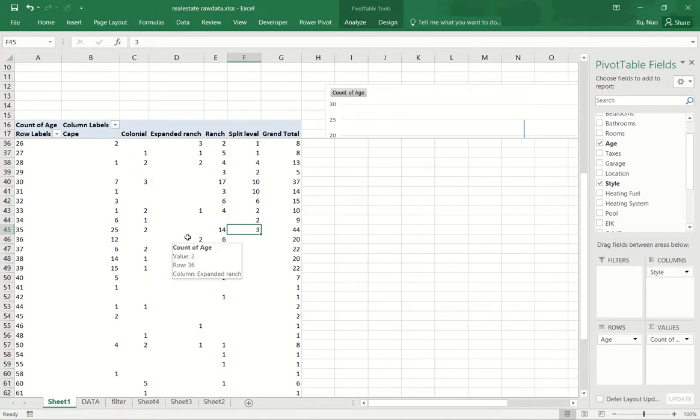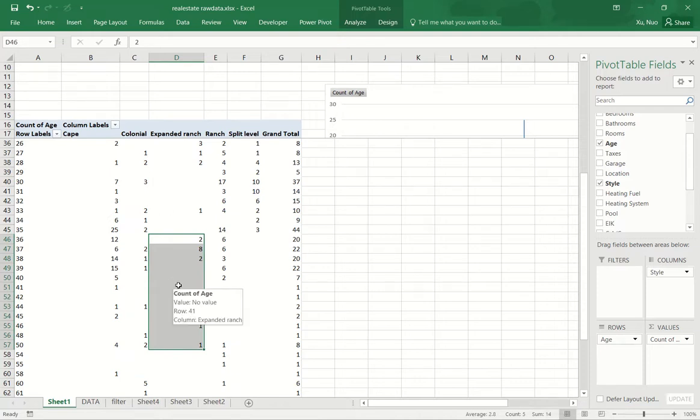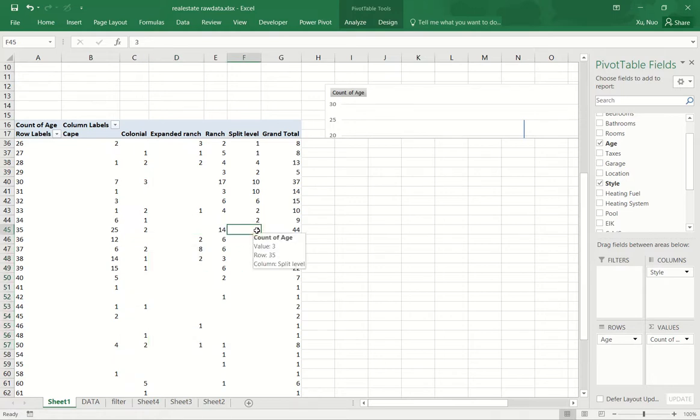that there were 14 expanded ranch houses in existence before the first split level house was built 35 years ago. So we went through quite lengthy analysis for these two seemingly simple questions. There are some statistics that we can compute that are potentially shortcuts to our answer if we know